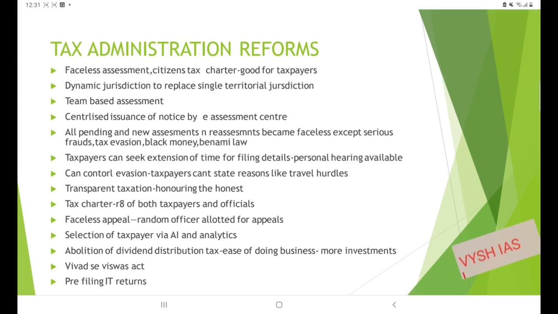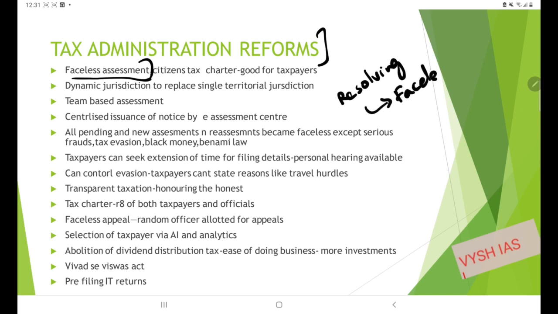We will be discussing some of the tax administration reforms taken so far. So we have been moving to a regime of faceless assessment of tax disputes. India has a huge number of tax disputes. So for the ease of tax dispute grievance redressal, or for resolving the tax disputes, we have been choosing the path of faceless assessment. Okay, so the person who is assessed will be subjected to a faceless assessment by the authorities. So that is one reform.